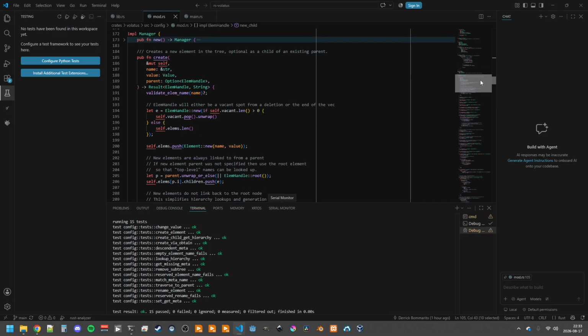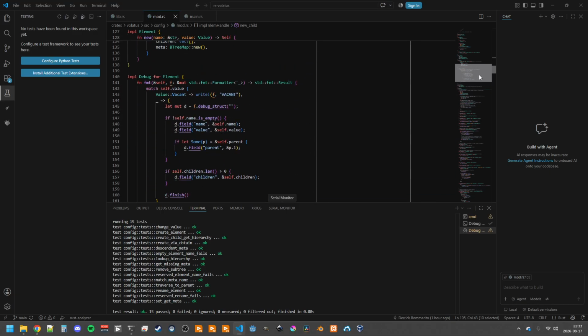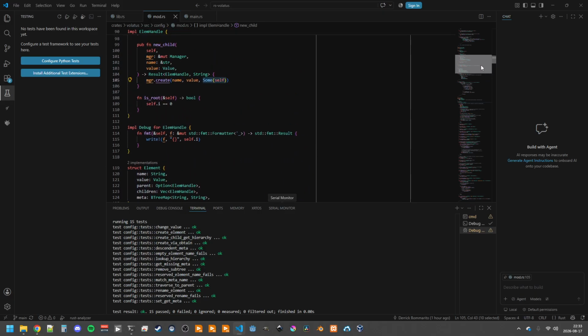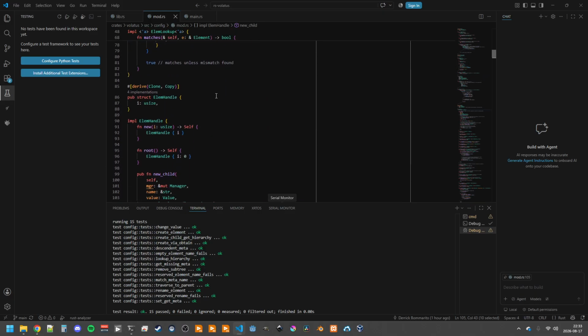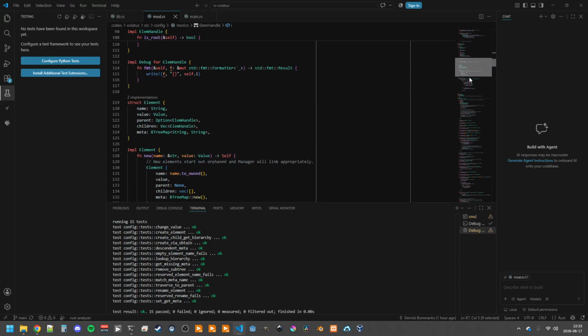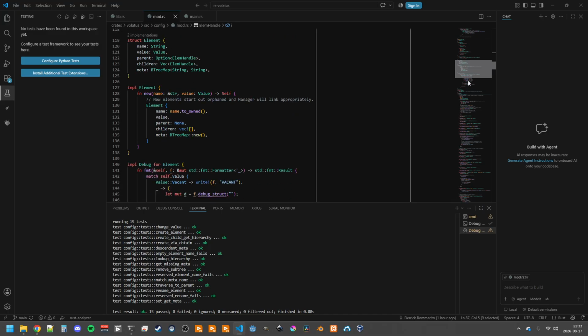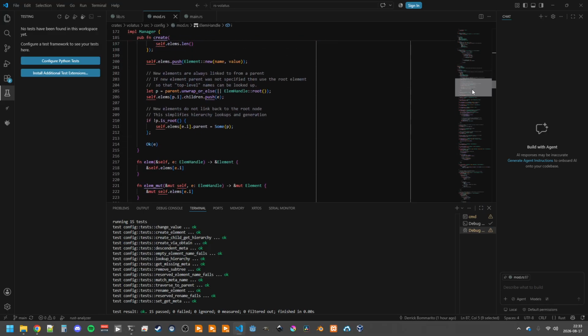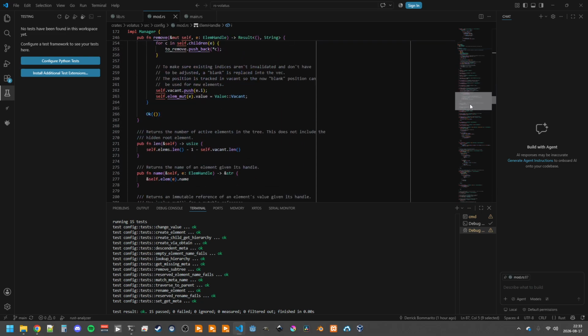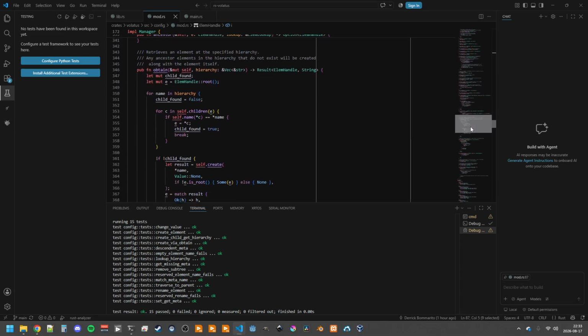Previously I was just passing the index itself in and out of the manager effectively. But I decided I wanted a little bit more protection around that. So I then created this element handle struct to hide the index, so I have the ability to change that. And once I got through and updated all of the implementation in the manager and some support methods, none of